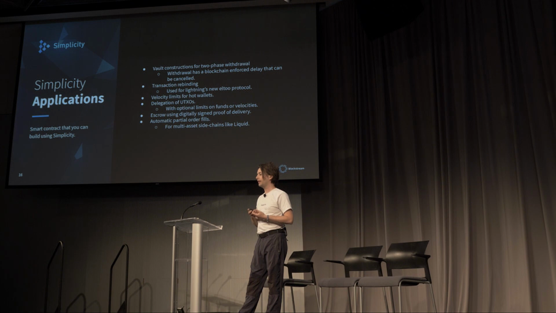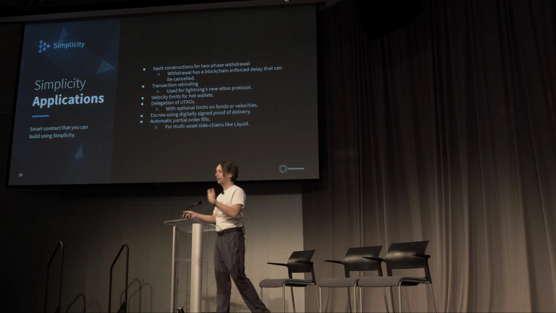We could do sort of escrow for digitally signed proof of delivery, right? So if UPS produces some sort of certificate saying that they delivered something, you could automatically release things under those conditions. That's sort of this Oracle model where you use an Oracle to connect the real world to the blockchain.